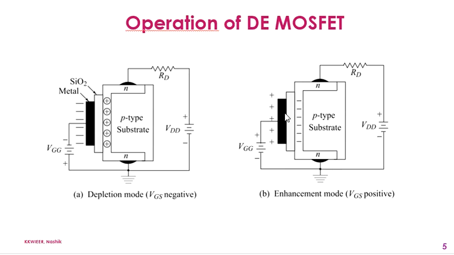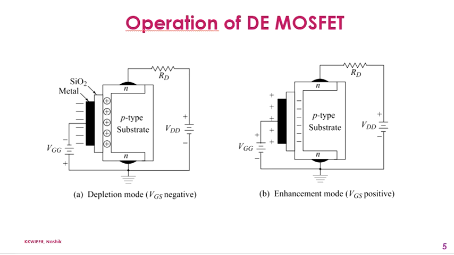We have seen in the case of SCR, if you remember, or TRIAC, that the more we increase the gate current IG, the more current will flow through the semiconductor device. But in the case of MOSFET, it depends on this VGG or VGS voltage, the voltage between gate and source. So as this is controlled by gate voltage VGS, this power MOSFET device is called a voltage controlled semiconductor device. So this is all about the operation of D MOSFET.